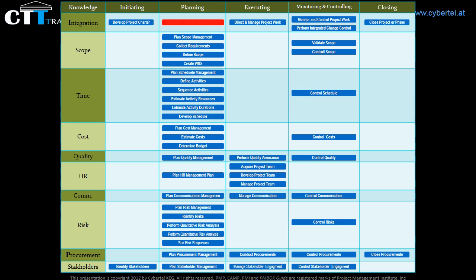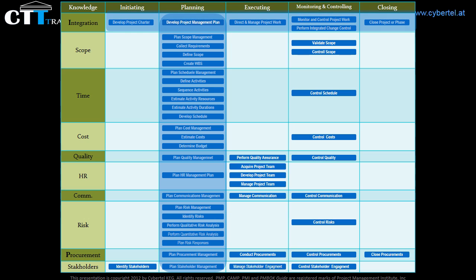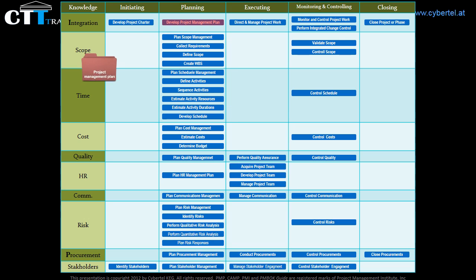Develop project management plan process is the first process in the planning process group and the second process in the integration management knowledge area. Here we are creating a file or folder which will include all subsidiary plans and baselines from other processes, coordinating and integrating them into a comprehensive project management plan. The key benefit from this process is to develop a document that describes how the project will be executed, monitored,